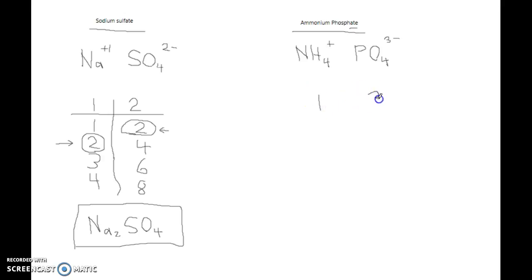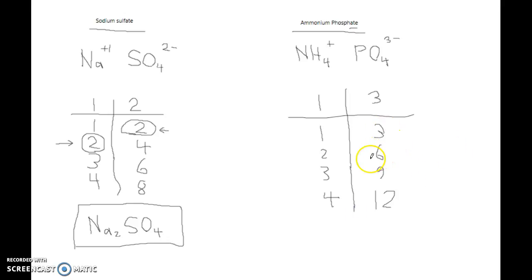So my charges are 1 and 3. I'll set up my two columns, and it'll be 1, 2, 3, 4, etc. And 3, 6, 9, 12. So notice when I say multiples of 3, basically all I'm doing is saying, okay, so 3 times